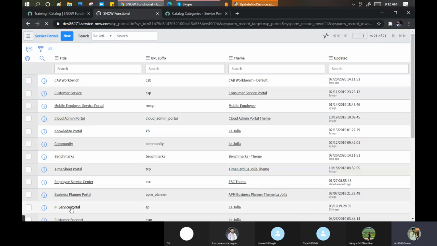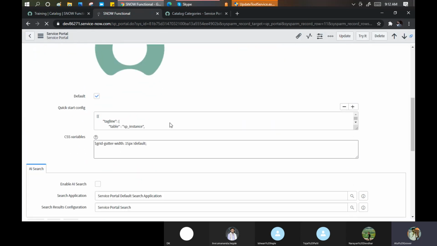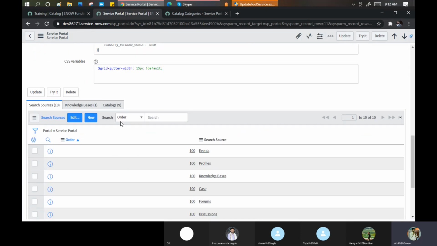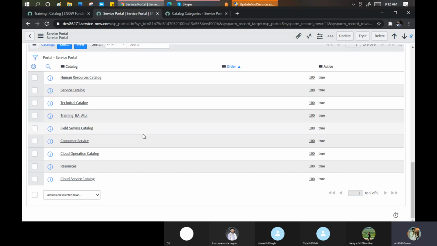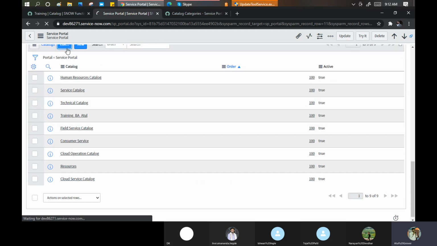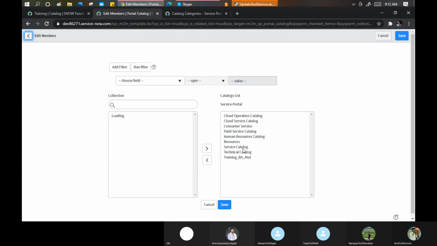I click here, and it asks me which catalog you want to show. I did not add my catalog till now. Training catalog, I did not add it. Let me add that now first, and then see whether it comes or not. Let me remove all the unnecessary ones.